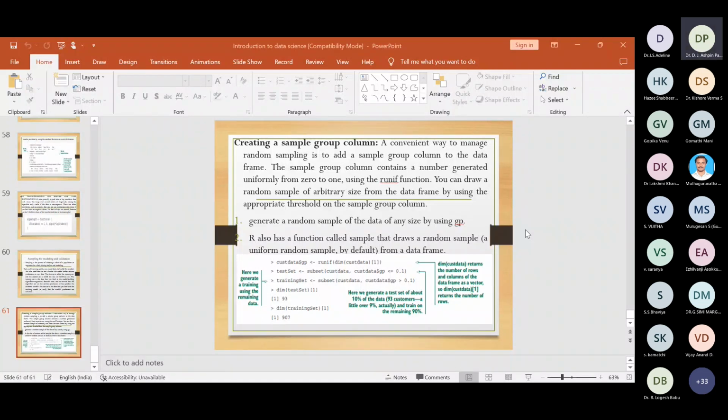Some of the modeling methods we can see. One is classification. We know that classification is the process of predicting the class of given data points. Classes are sometimes called targets, labels, or categories, and classification belongs to the category of supervised learning. Here we will be training the algorithm using labeled data. So classification comes under supervised learning.